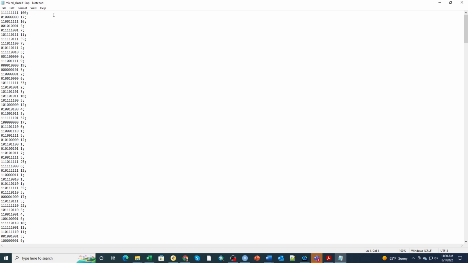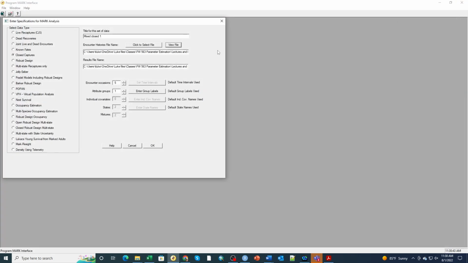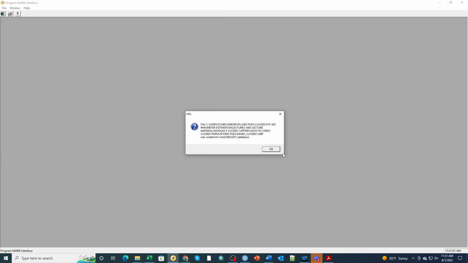And remember, this is set up ahead of time to simulate a population that had 2 mixtures, no behavior, and no time effect in capture probabilities. So we know where we're headed, but we're going to run all the models just to see how they work out. Okay, if we hit OK,